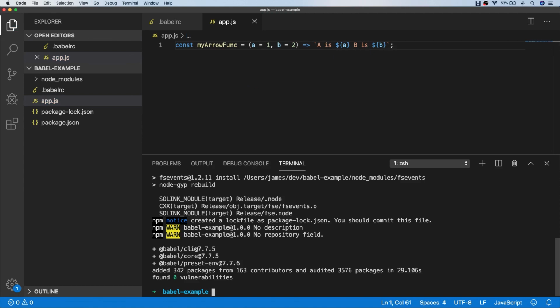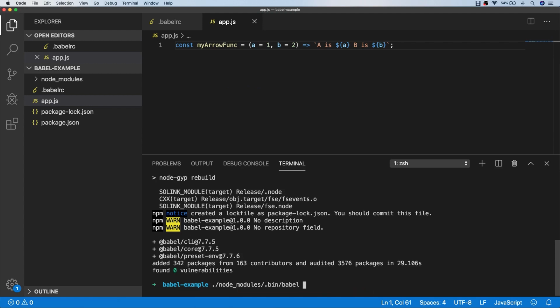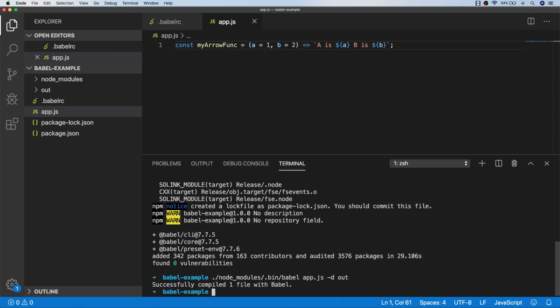So actually installing those node packages gives us an executable which will transpile our app.js file. And the Babel program needs to know a file or group of files to transpile, so we'll specify a directory called out. So let's take a look at the code that Babel's generated for us,